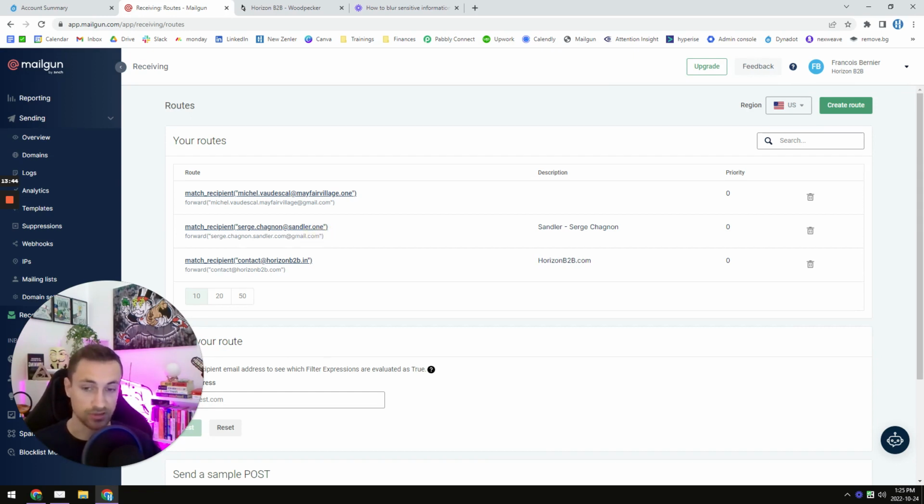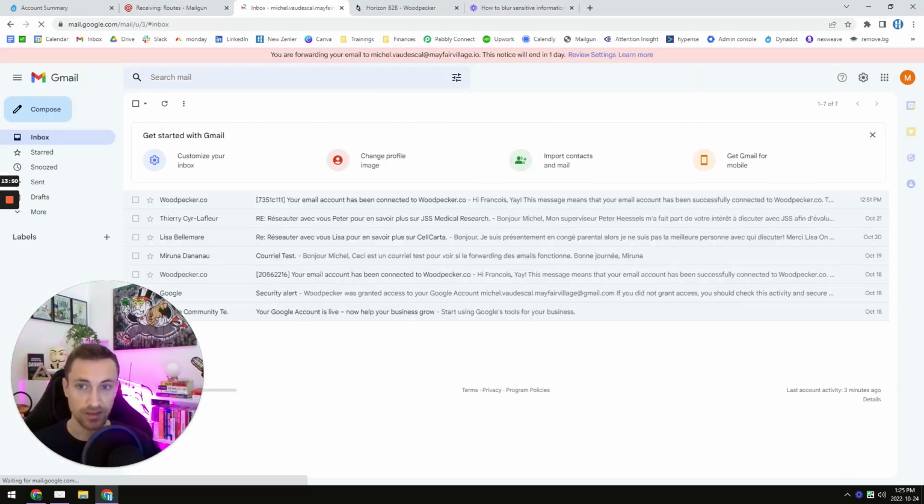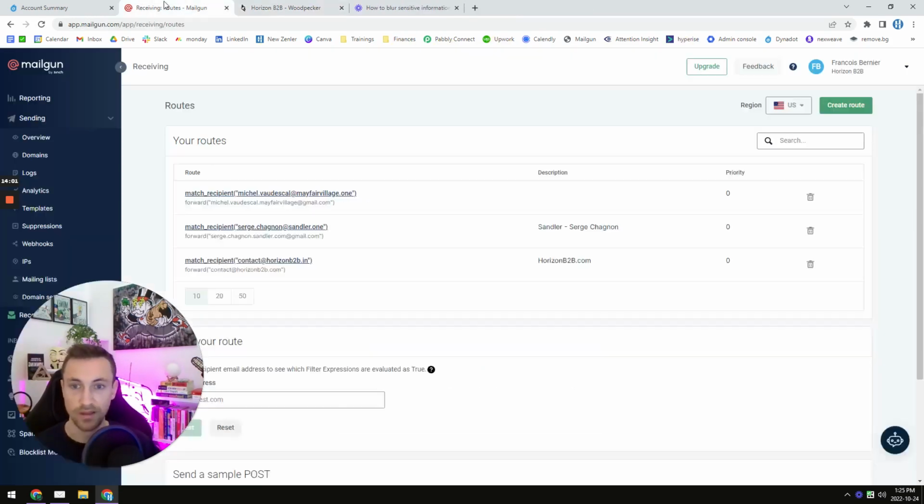And the client was receiving them because, if you remember, in the Gmail account we were forwarding the emails. And you can see here the notification that you have for the first 7 days after you've activated the forwarding option in Gmail. So you can see that all of the emails are being forwarded to the email of the client. Once this is done,